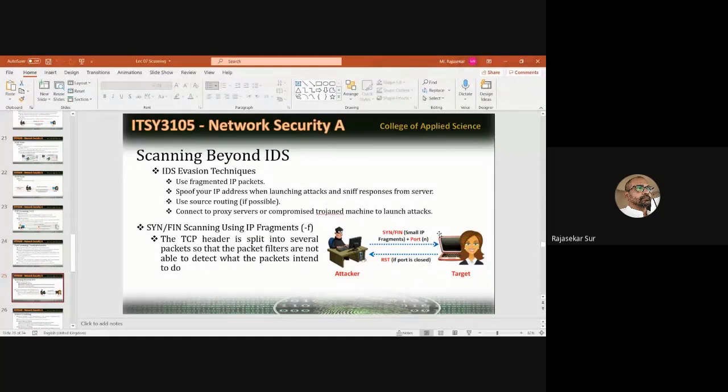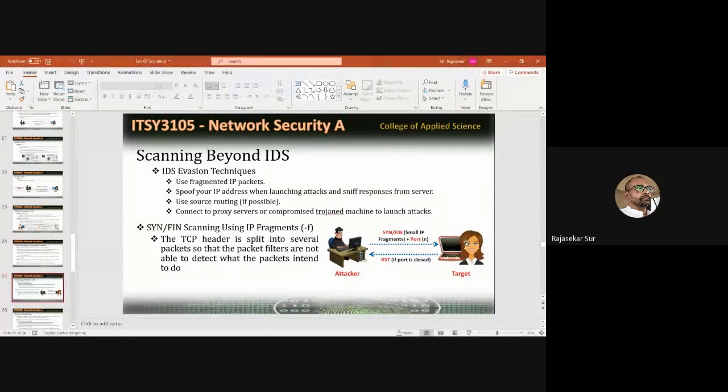The IDS will record and register everything, who is entering your network and what they are doing, or whether they are doing any malicious activity. Now the attacker is going to cross the intrusion detection system, collect the information and do the scanning.